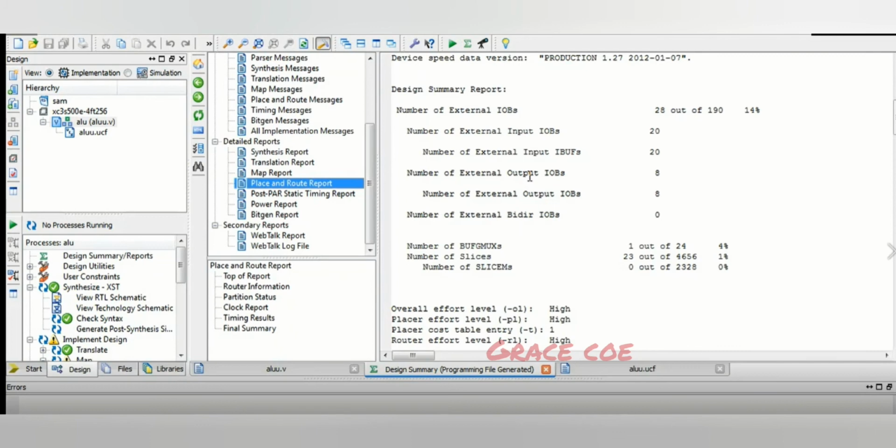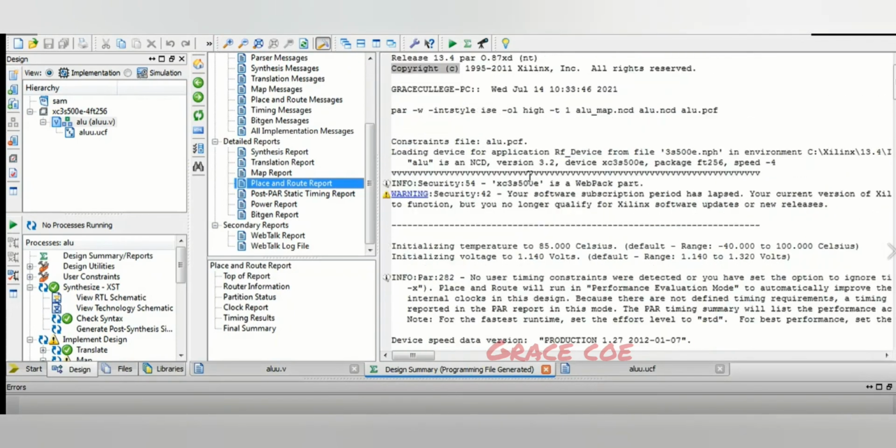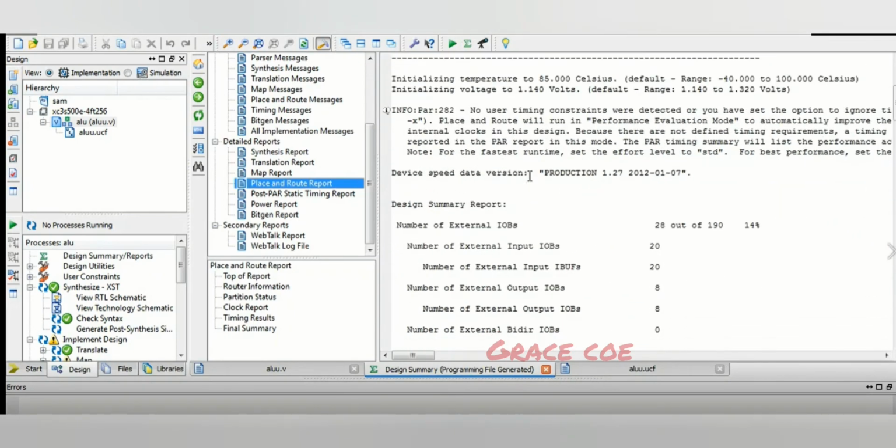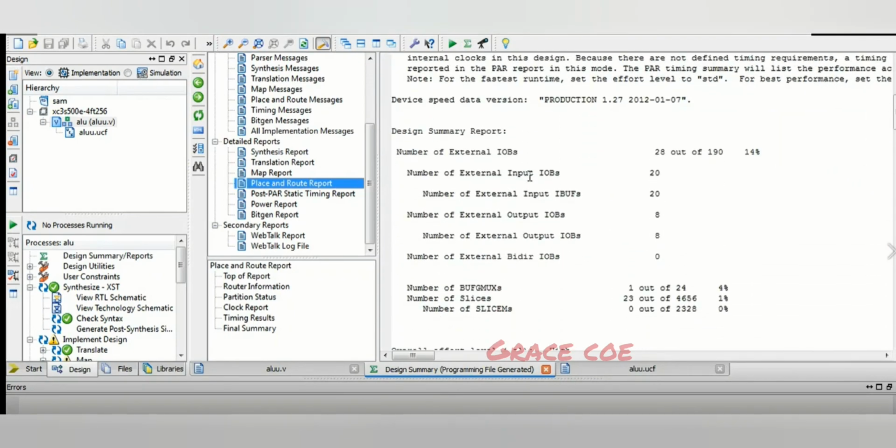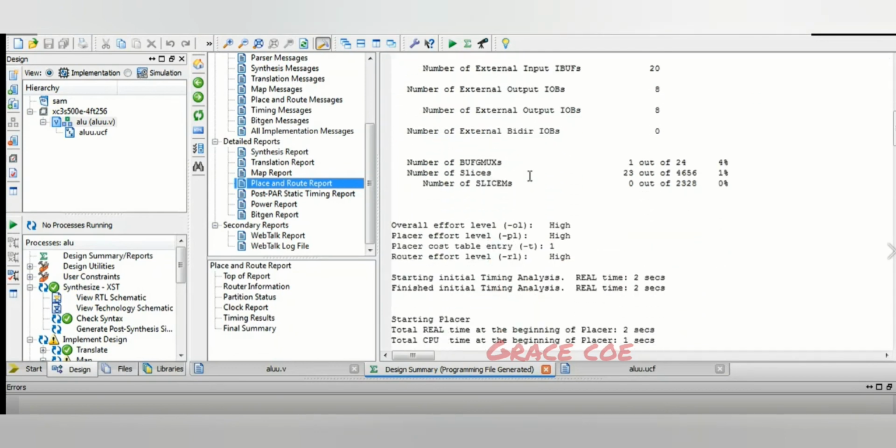Or it can perform another algorithm, which is non-timing driven place and route, where it is run ignoring all the timing constraints. It also provides a device utilization and delay summary. This report is used to verify that the design is successfully routed and all timing constraints are met.